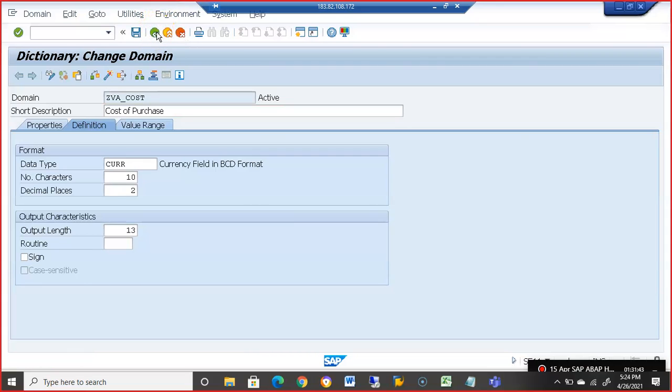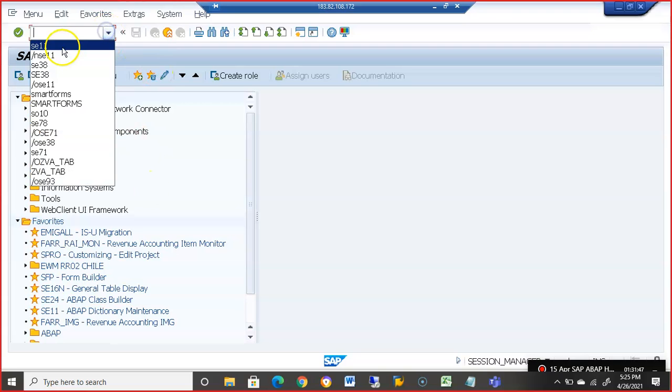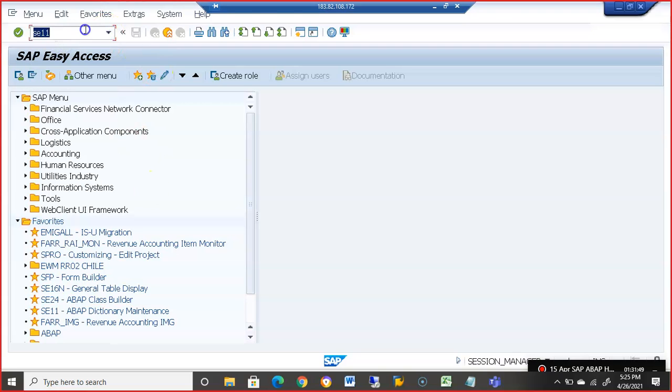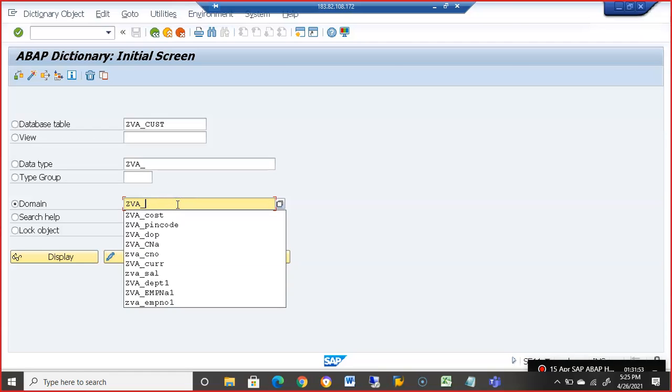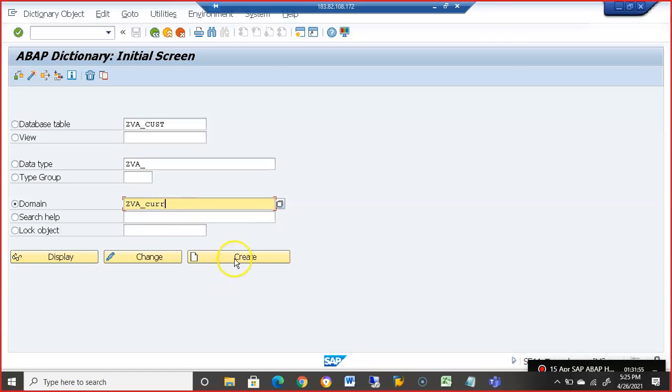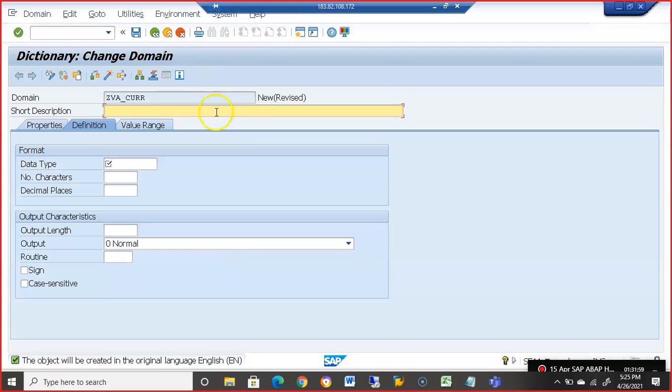So currency is done. Now we have to create one more for quantity. Let's create one. So cost. The moment we create cost, you also have to create a currency. Without currency, it will not be complete. It will be incomplete. Currency. We have this data type as currency key.